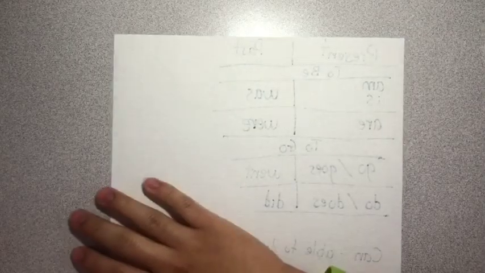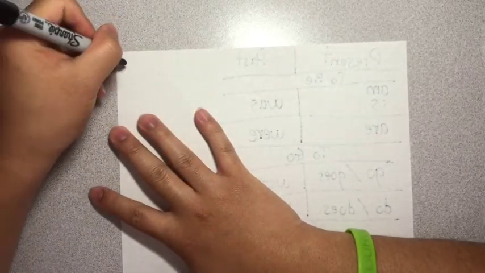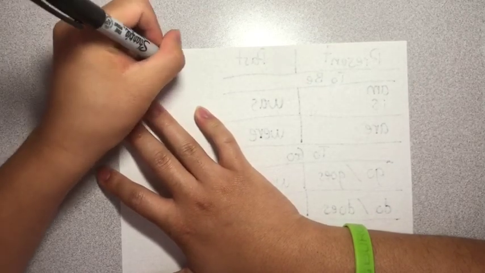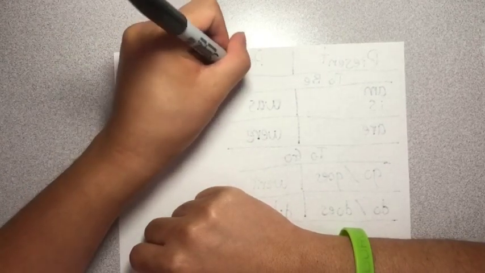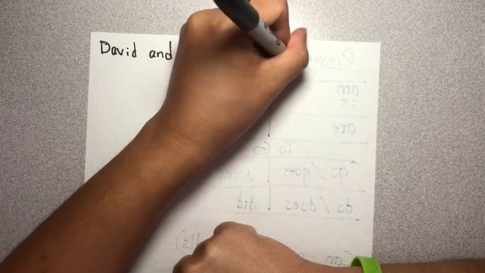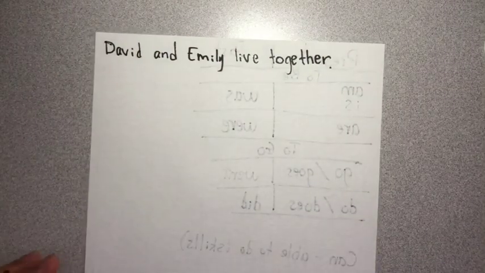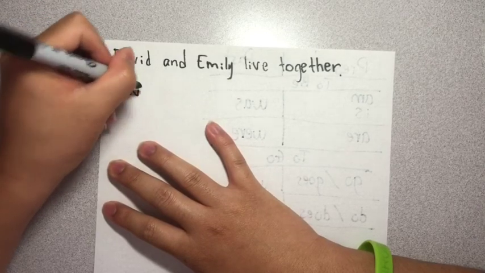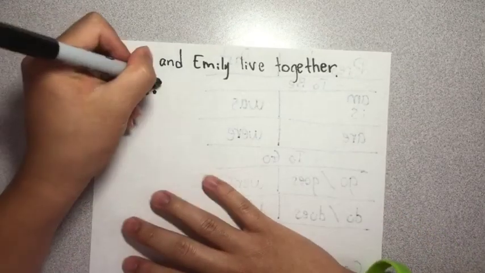So let's write a story. Let's say there are 2 people. We have David and we have Emily. They live together. David and Emily live together. So David says, this is David talking. David says,